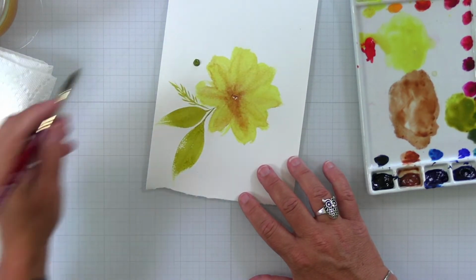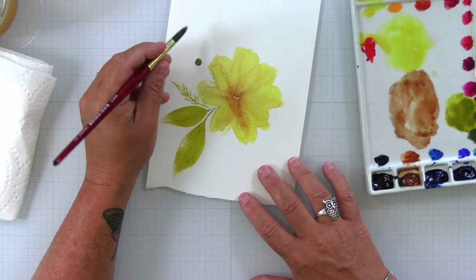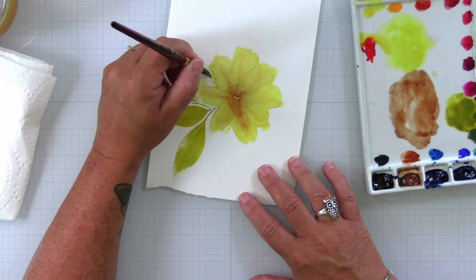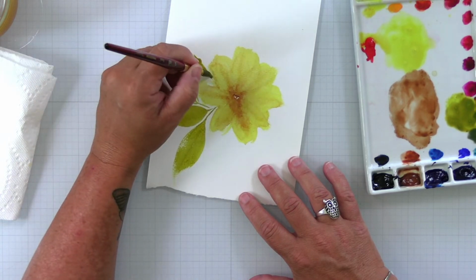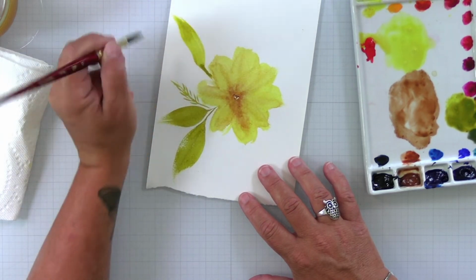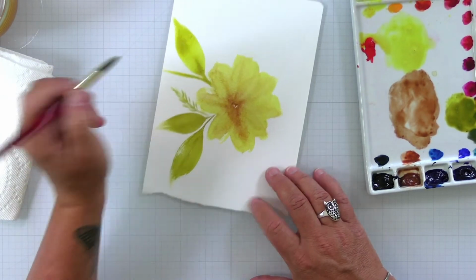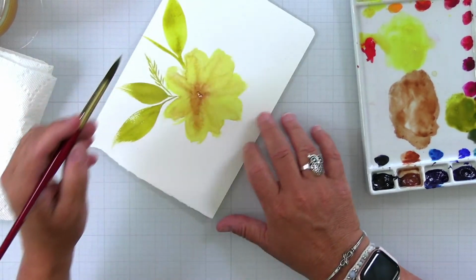Oh, look what I just did. Just did a little bloop of color. This isn't turning into a sunflower, it's just turning into some kind of yellow flower. I'm going to work with that bloop of paint that I did there and just create a piece of leafery going off of it. So,